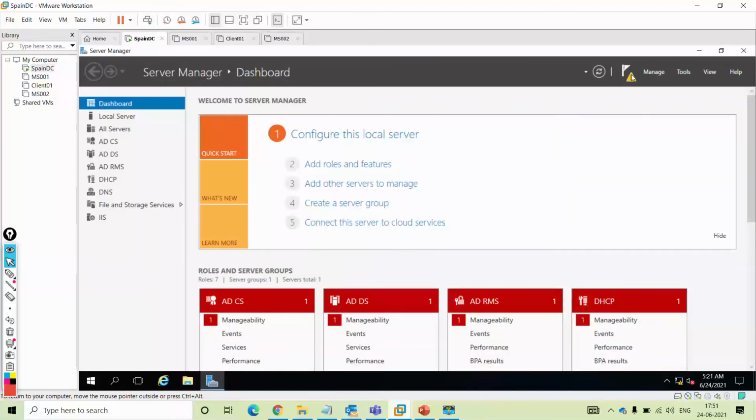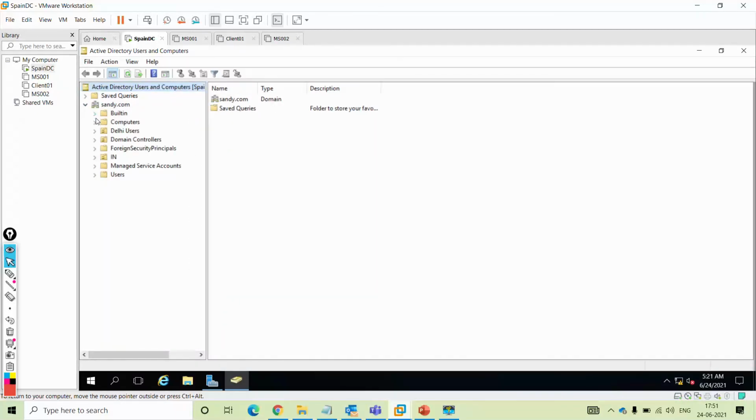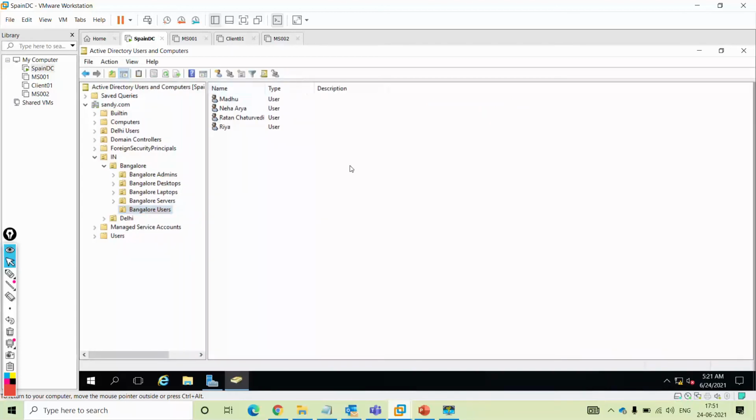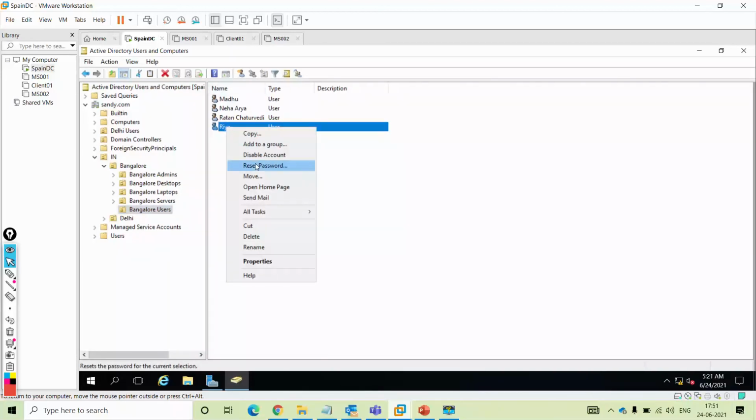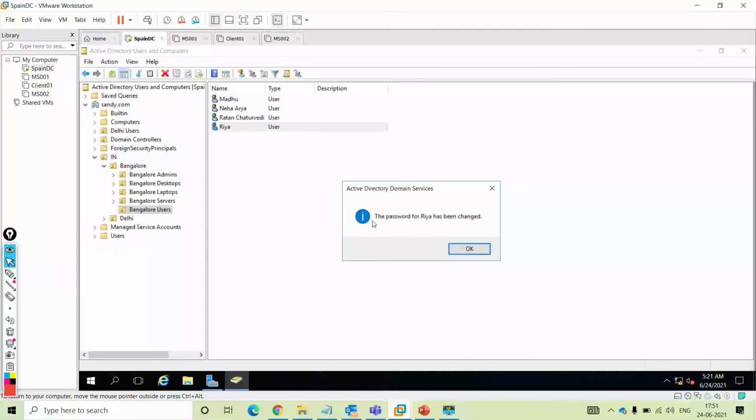It will ask her, go to tools. Okay, refresh. Tools, Active Directory Users and Computers. Right, she is able to go to Active Directory Users and Computers. She expands domain name. Shweta is expanding the OU. She is expanding Bangalore OU, and we have Bangalore users. So she is able to modify Ria's password. Right click and reset password. Let's say we'll give Ria's password as world@123 instead of India, and okay. So you can see Shweta is able to modify Ria's password.